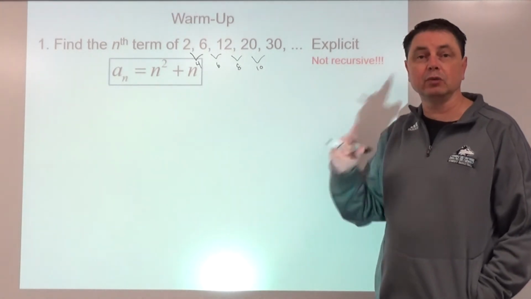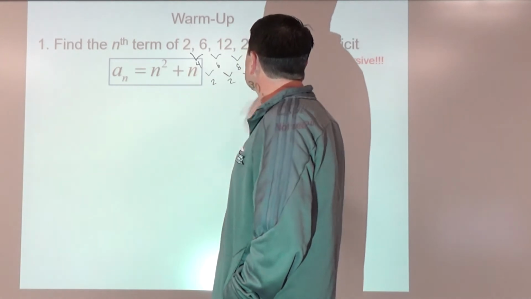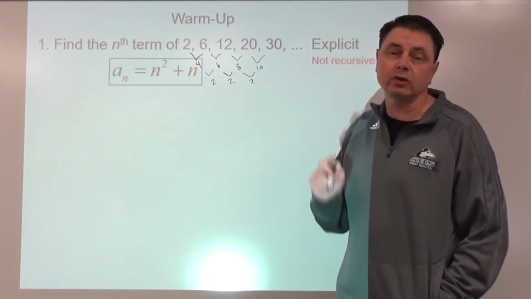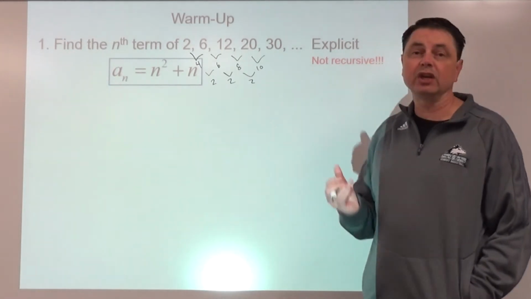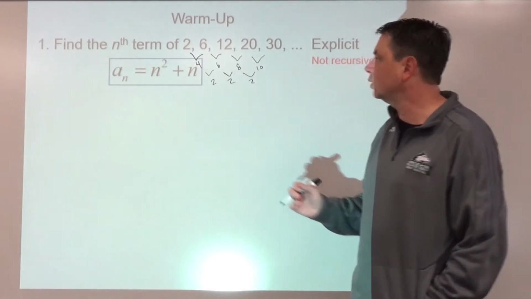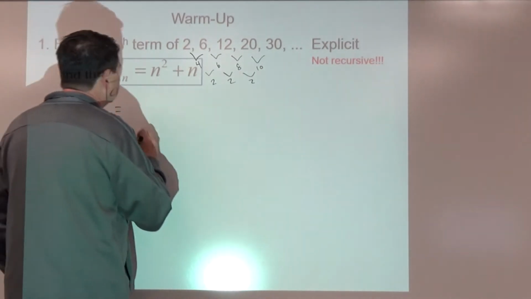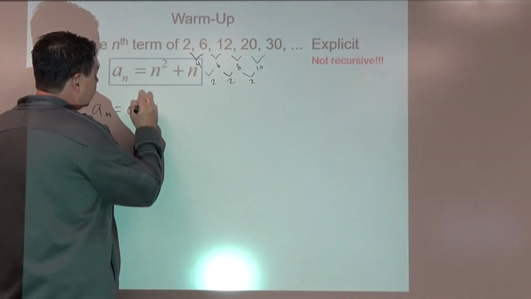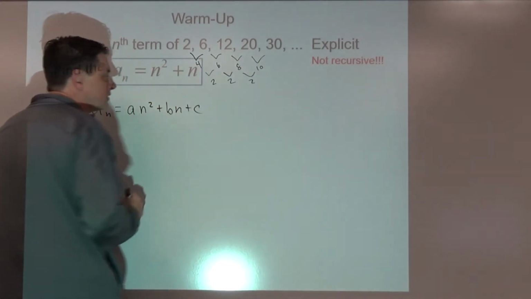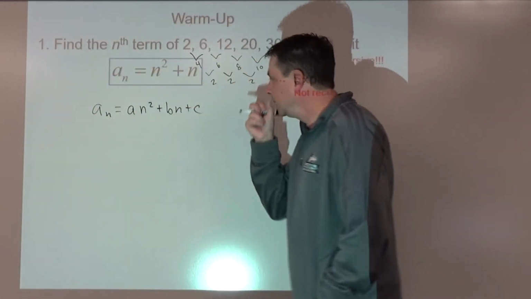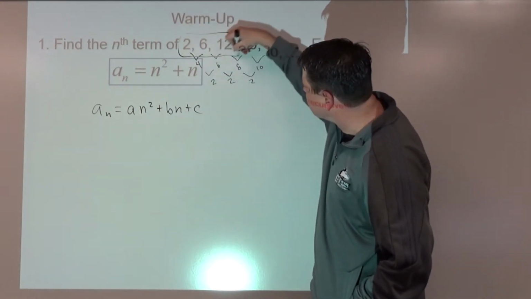So if we do it again, we'll look at second differences. We get 2, 2, 2. So the second differences are a constant. What it tells us is that our expression is going to be quadratic. So we know it would be something like a sub n is equal to a times n squared plus b times n plus c, something like that pattern. And then what we're going to do is use the first 3 terms to generate